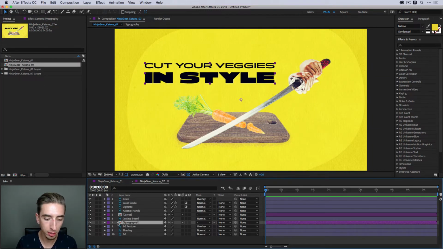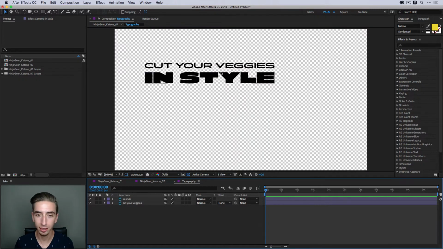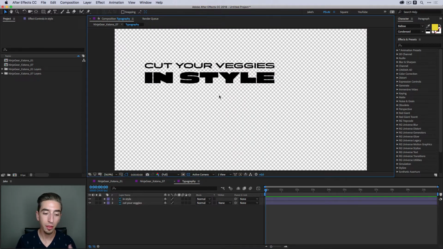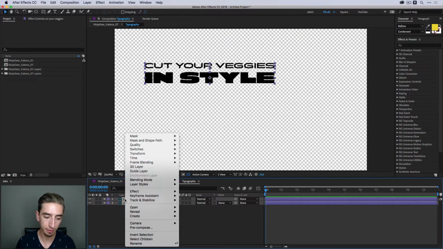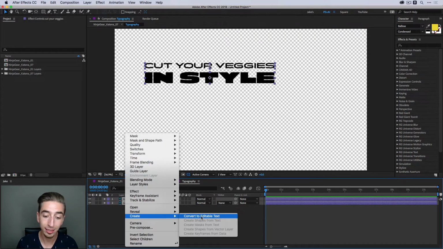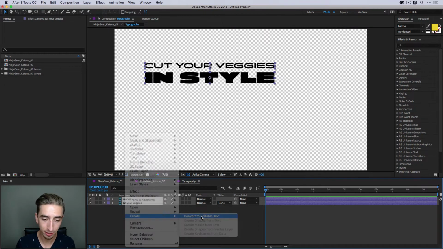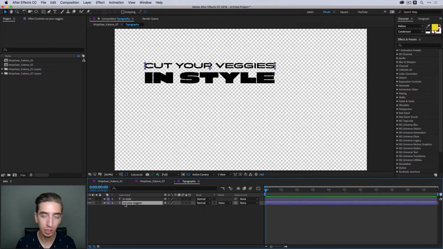If I go into this pre-composition, which is basically After Effects' way of grouping things, I can see my text layers. I have access to each one of them. They're in the right spot, but they don't look right, and they're not actually text layers that I can edit. They're flattened, rasterized Photoshop layers, but I can right-click on them and come down to Create and say Convert to Editable Text. When I do that, it converts the layers into text layers inside of After Effects that I can